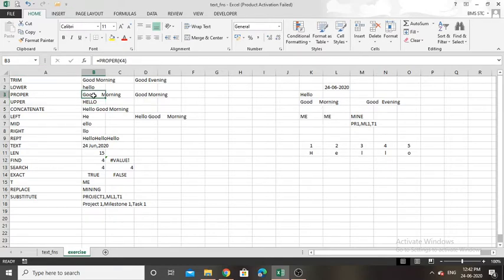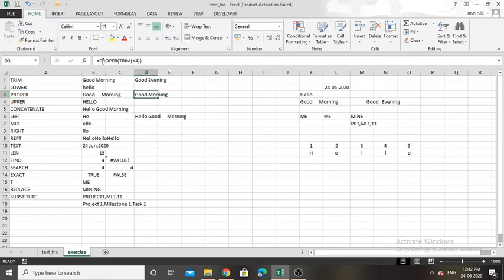And as you can see, there are multiple spaces between good and morning also. The proper function will not remove those spaces. If you want to remove the spaces between good and morning, you have to nest the trim function within the proper function. So I modified this proper function.